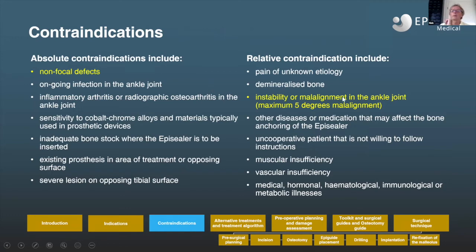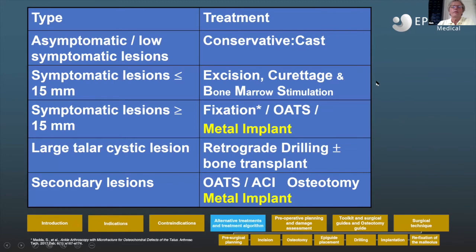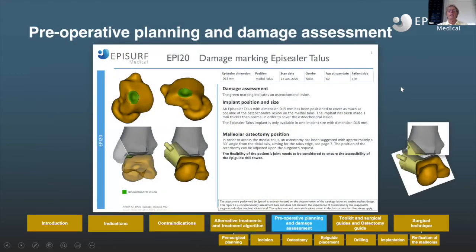Instability or malalignment of the ankle joint is a relative contraindication. And of course, you can read through the other indications or contraindications like you would expect for an implant like this. The alternatives, we talked about it: excision, curettage, bone marrow stimulation, OATS, retrograde drilling for large cystic lesions. These are the alternatives. So then to the damage assessment, and basically it is done, you make an MRI or